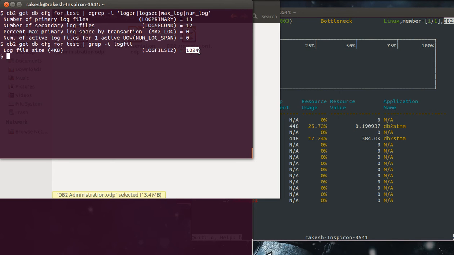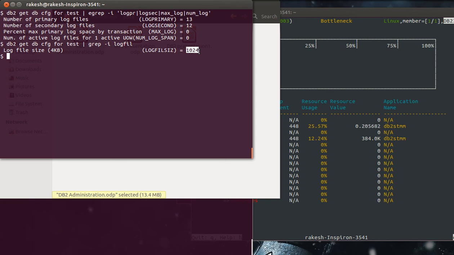So basically it's a 4 MB file. Now if you see the current setting, I can have 25 log files of each 4 MB size, right? So basically it comes around 100 MB. So your transaction cannot go beyond 100 MB, which is a very small space if you consider a production database.